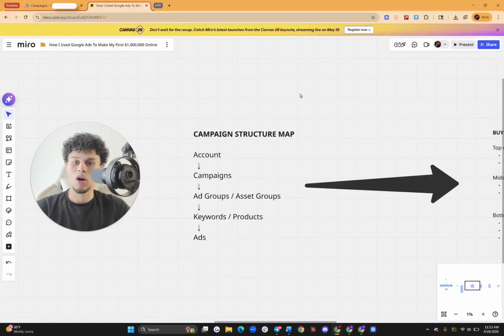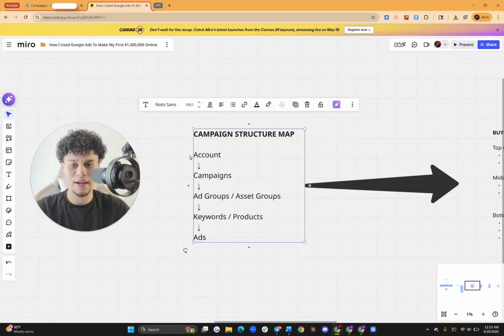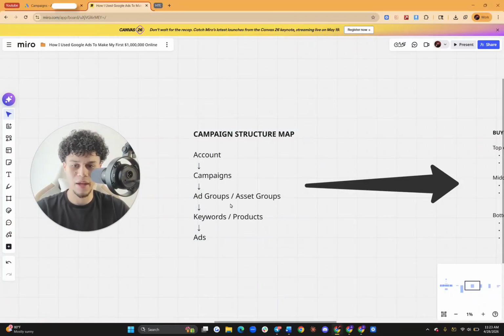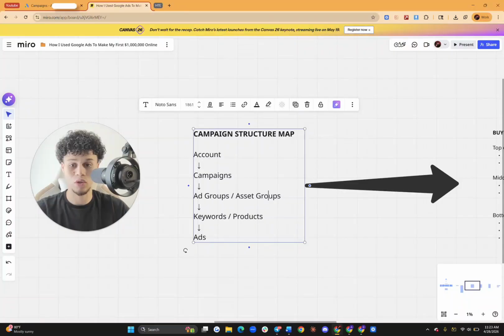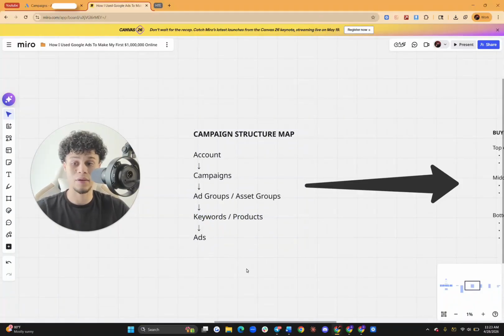And now to finish it all off, let's give you guys that final value that you should understand to, again, be efficient advertisers, okay? This is going to be your structure, okay? You're going to have the ad account itself. You'll have the ad campaigns. You'll have the ad groups and the asset groups right under the campaign itself. And then under that, you'll have the keywords and the products you actually choose, keywords to target, products to target, and then the actual ad, okay? So this is how it goes, the visual hierarchy from your ad account all the way down to your actual ads. All right, guys?